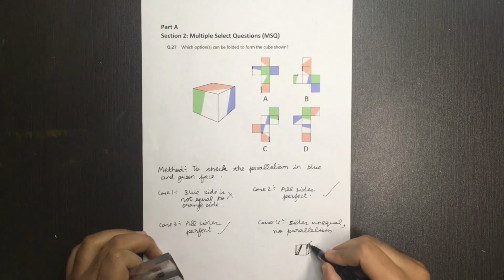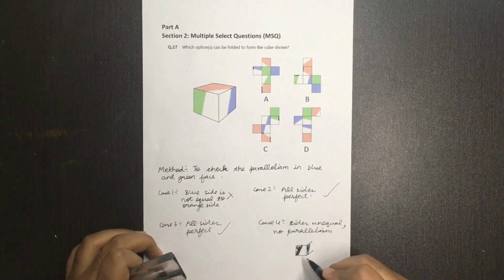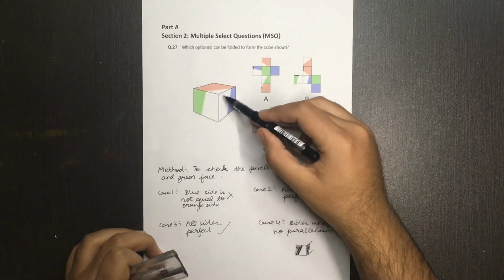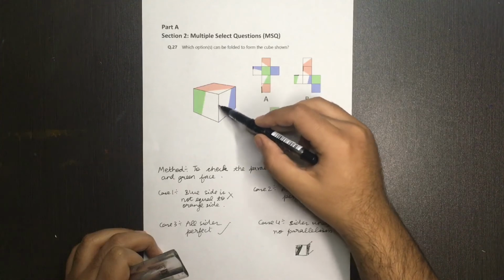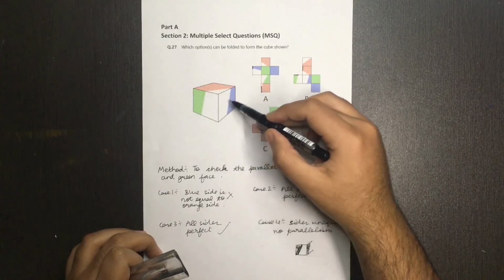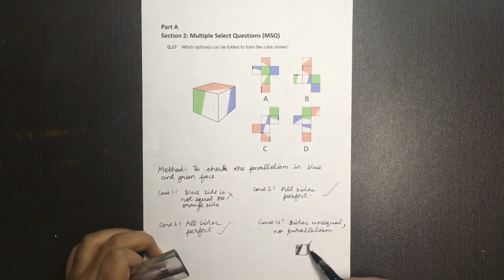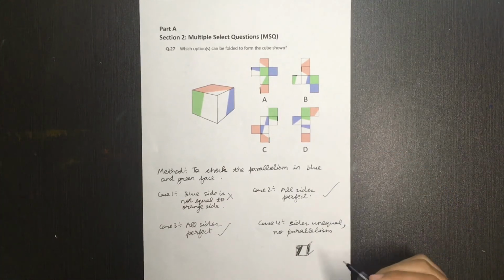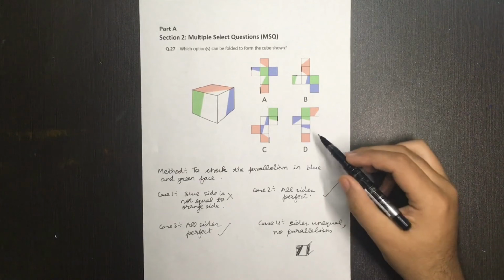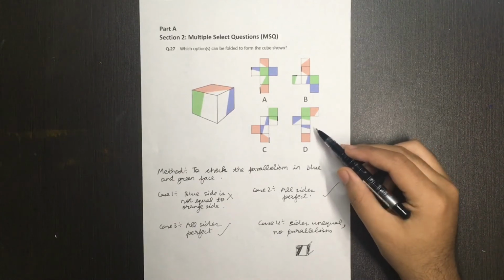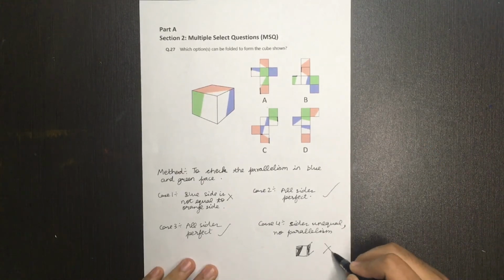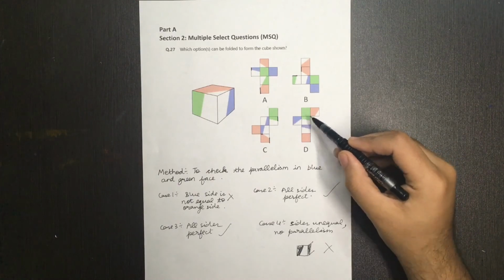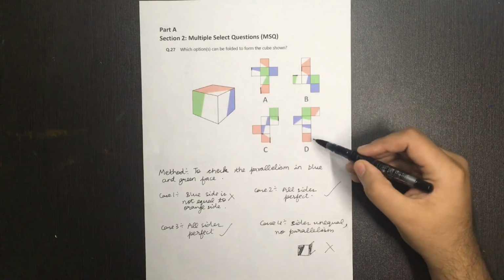And this will be colored and this will be colored, but in this case the opposite ends are colored, not the same sides. So definitely when option D is folded, we don't even need to measure it. When option D is folded, we can directly say that we can reject this option, and yes, this option is also false.